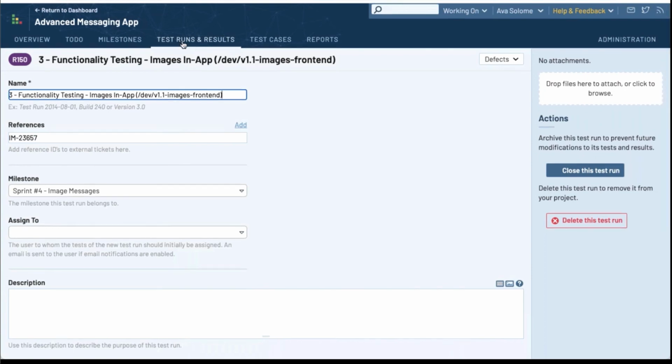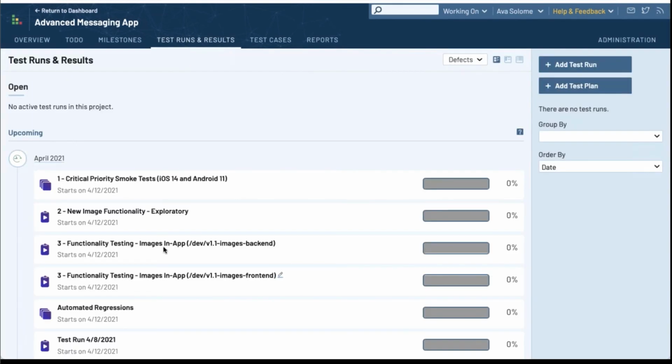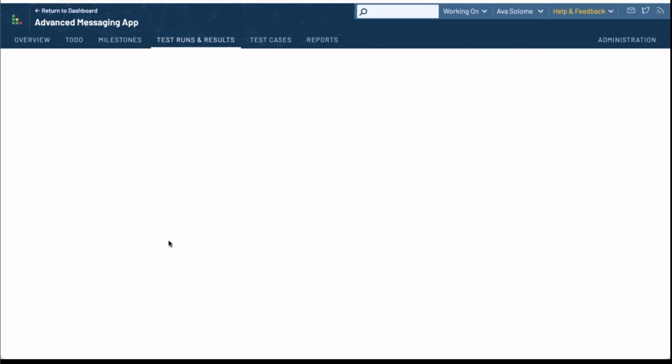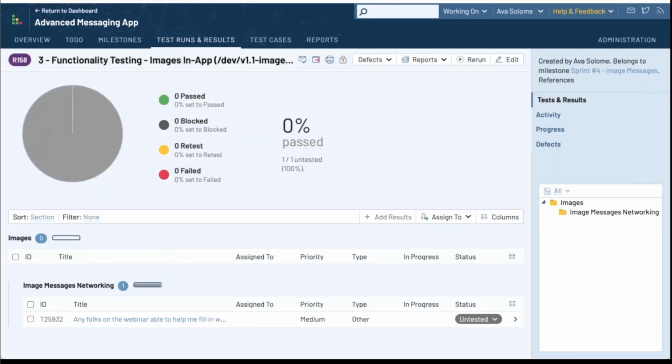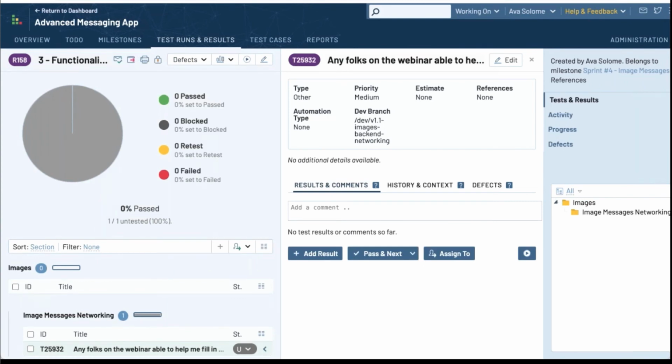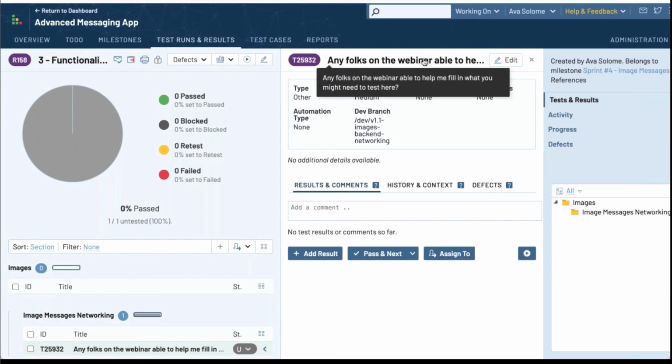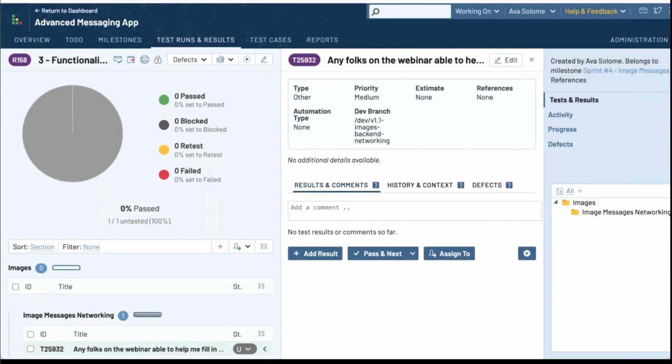Whereas if I'm testing some of the more back-end related functionality, like how the actual networking works to send the message, that's way above my technical level. I think I called this test case... If anybody in this webinar actually knows anything about networking of sending image files, you might be able to give more descriptive test cases here than I was. But you can separate out into those different areas that you need to